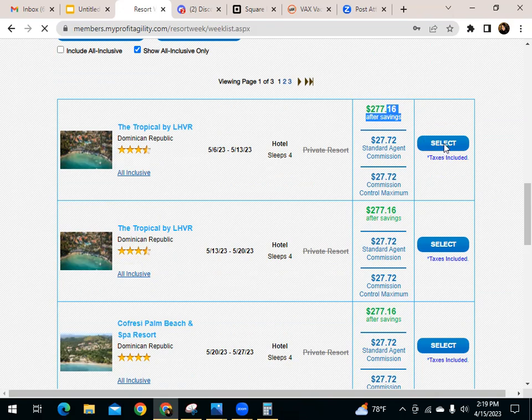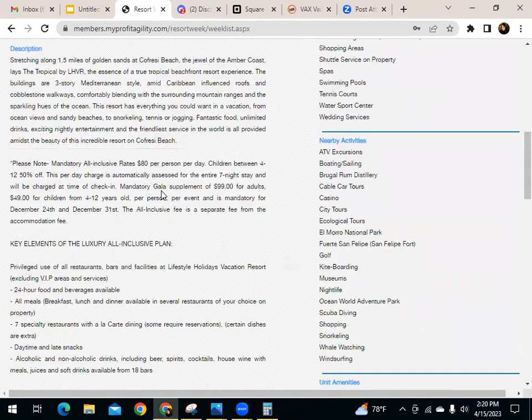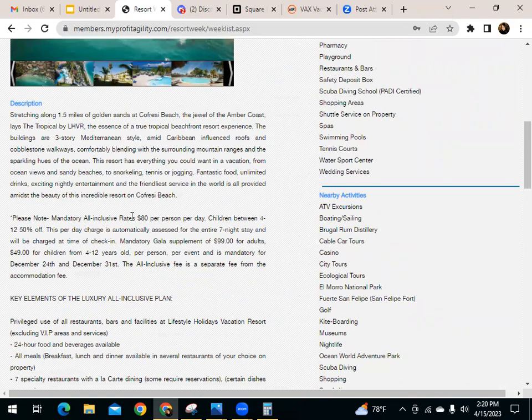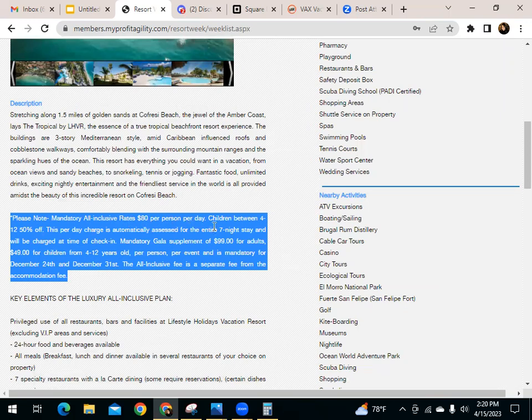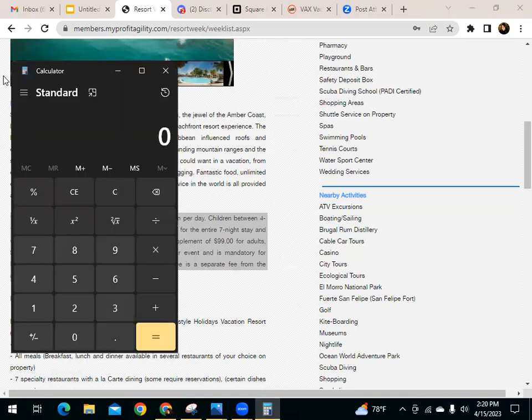But when you click on it, you'll notice that that rate only covers the actual hotel accommodation itself, not the all-inclusive amenities. So when you get here and you're reading the description, underneath they will have some specific information you need to know. The all-inclusive rate is $80 per person per day. Children between 4 and 12 get 50% off of that rate. So if you have a couple who are looking to go, you're looking at adding $80 per day. Now, they're not going to pay that to you, but $80 times 7 days is $560 per person on top